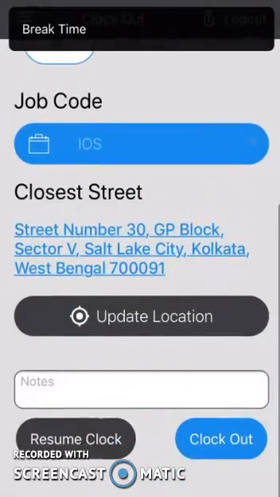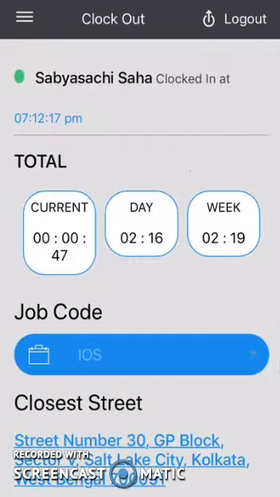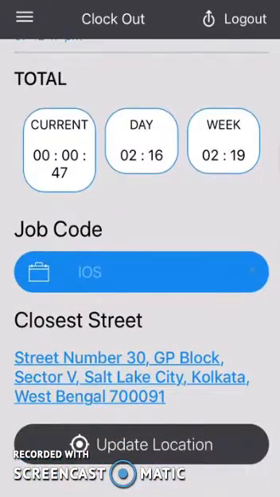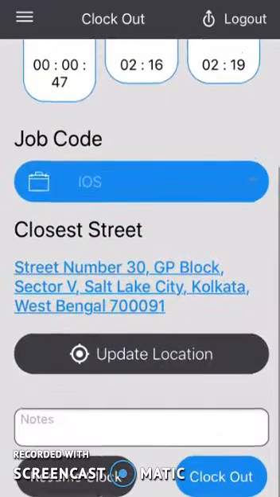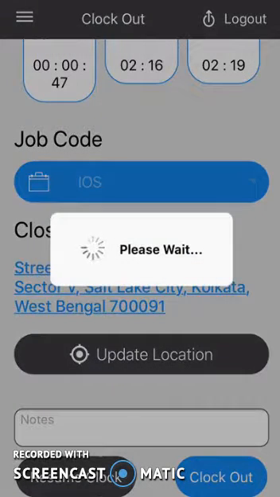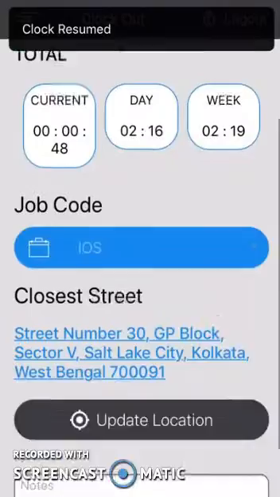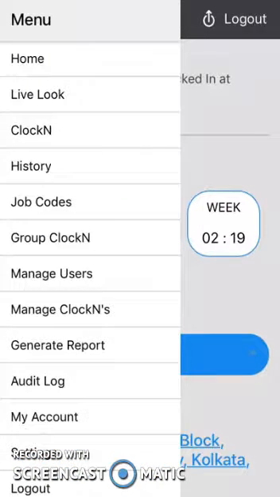As you can see, break time, the timer is paused at 47 seconds. Now when I click on resume clock, the timer will again start. Let me just show you. As you can see, the timer is still on, means I'm still on a break, and now the timer will again start. As you can see, clock resumed, and I have started working. Now let me show you